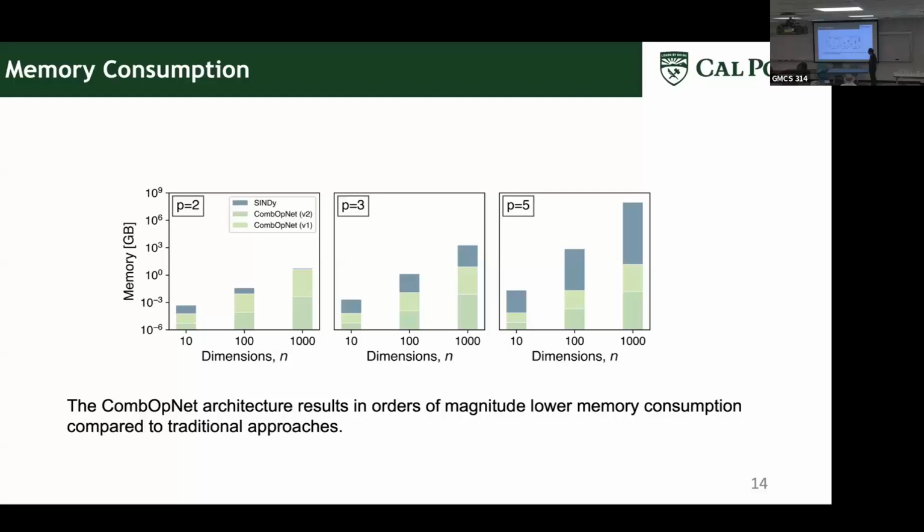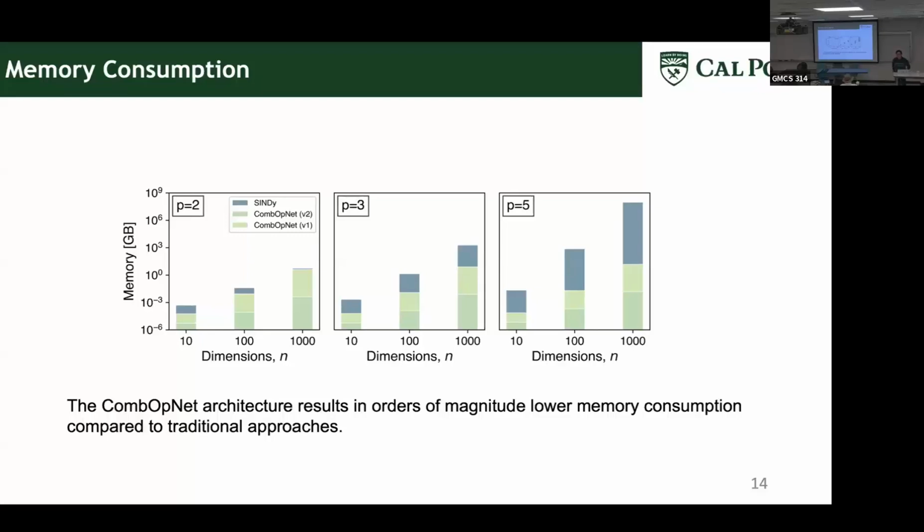What happens here with the cubic nonlinearity? If we consider the second version here, this is a several orders of magnitude reduction in terms of memory consumption. So for example, here you probably have over 1,000 gigabytes. We assume a fixed 2,000, 3,000 data points, and then we calculated the memory consumption of that data matrix for SINDy. For this one, you will probably have just megabytes-level memory consumption. This is a huge reduction in terms of memory consumption, and this is the main reason that we can scale to problems over 100 dimensions, as I'll show you later.